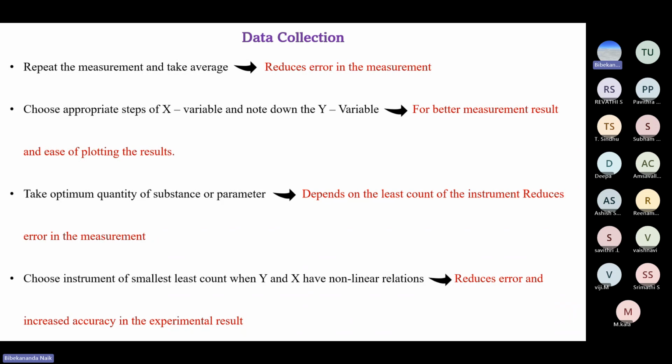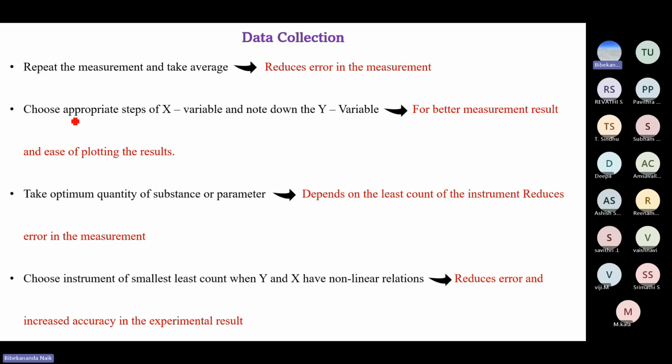Suppose, for example, we are trying to measure the width or height of an object. In one reading there might be some error. But when we take several measurements and those readings are very close to each other, varying a little bit, then when we take the average of those numbers, we can minimize the error. Similarly, when we are